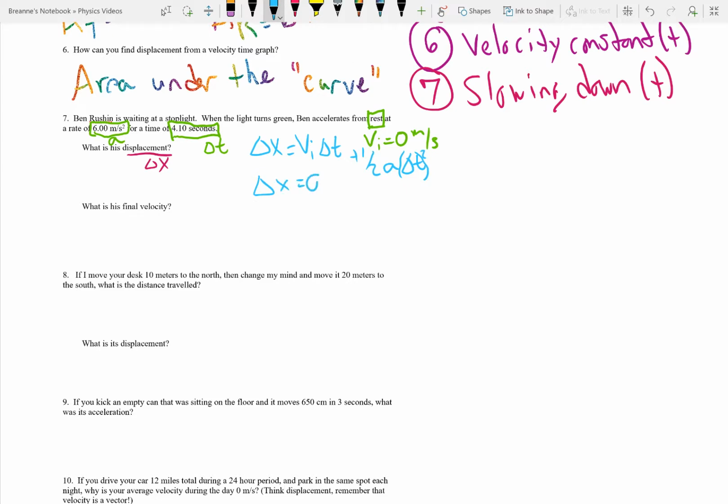Our initial velocity is 0. Our time is 4.1. 1/2, our acceleration is 6, our time again is 4.1, but don't forget about the squared. 0 times anything just goes to 0. So our delta x equals, you square your 4.1 and you get,